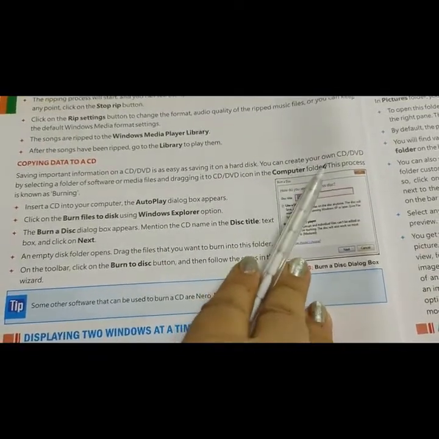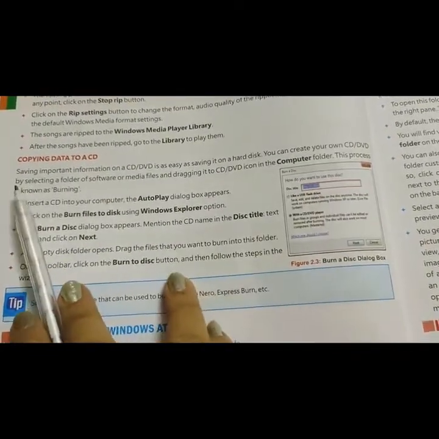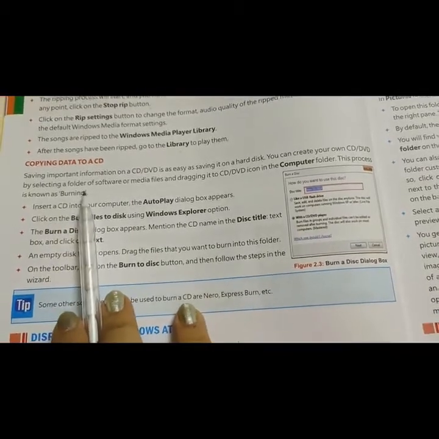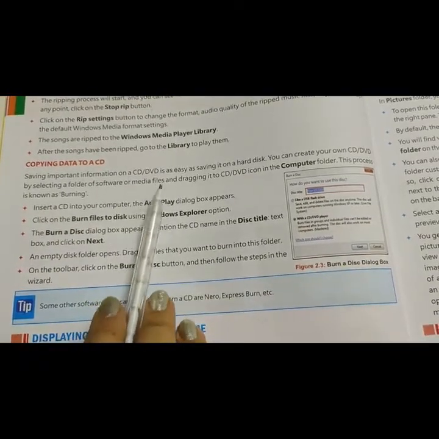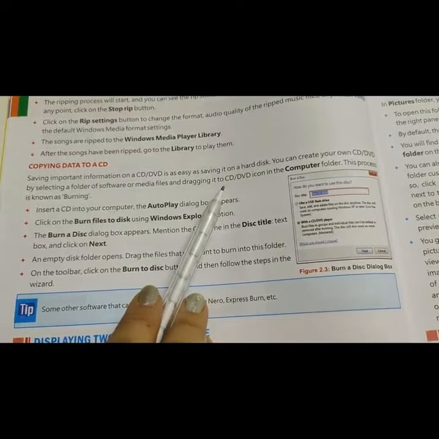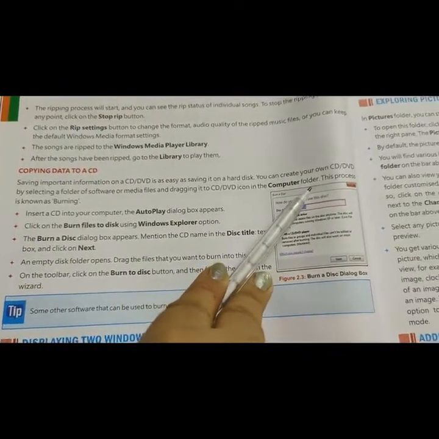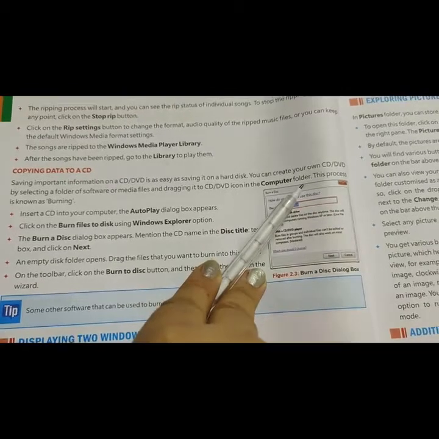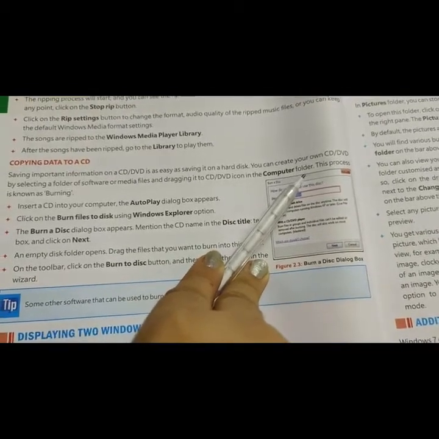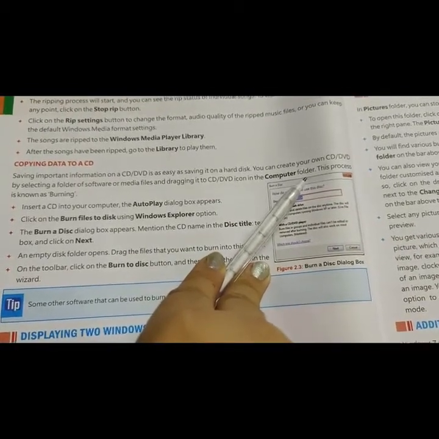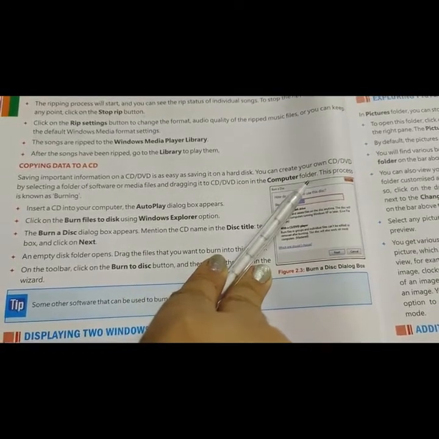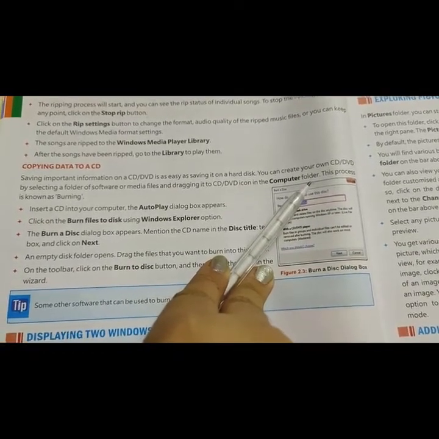You can create your own CD or DVD by selecting a folder of software or media files and dragging it to the CD or DVD icon in your computer folder.